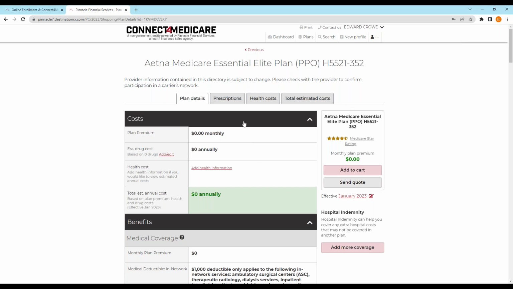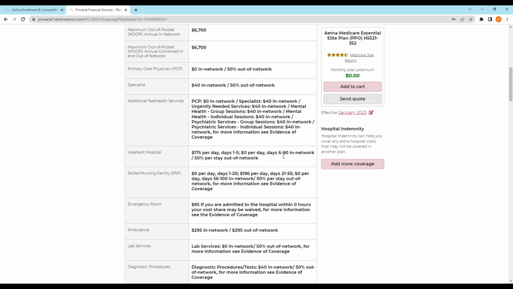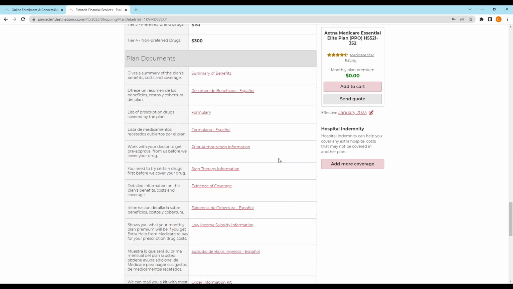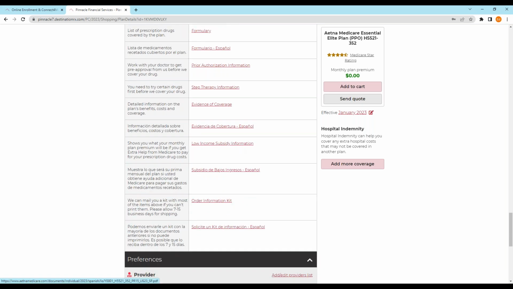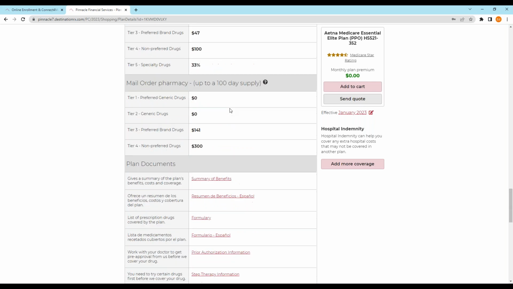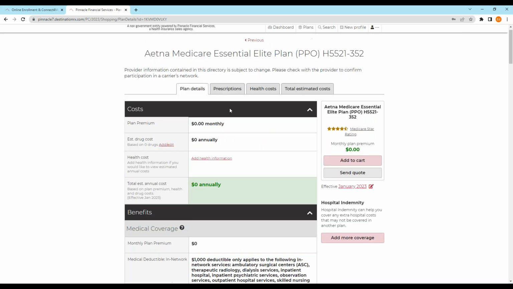And there you can see more detail on the plan. If I had built a profile and entered prescriptions and doctors, I could check drug costs, total costs, that kind of thing. I didn't yet because I was just showing you how to do a quick quote, but it gives you more detail now. And if you scroll all the way down to the bottom, it's going to give you the documents, summary of benefits. As of 10/15, there'll be the app on there if you need paper. So you can access PDFs of all those things when you go to the bottom of any given quote.